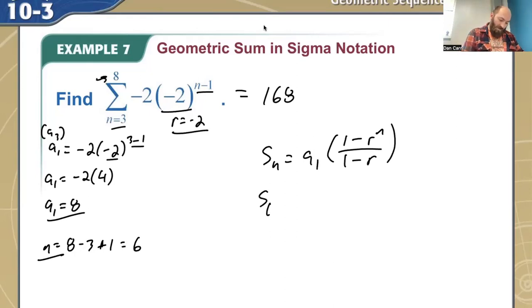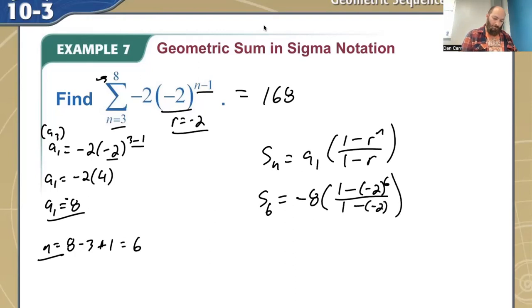So that's going to be the sum of these 6 terms is going to be a sub 1, which was, oh, I'm sorry, that was a -8 for that one. -8 times 1 minus -2 to the 6th power, over 1 minus a -2. Okay, so I've got,